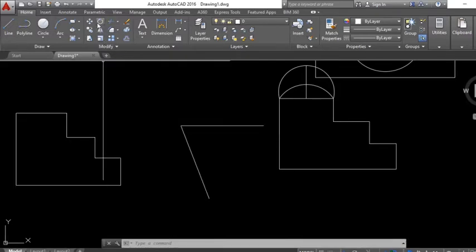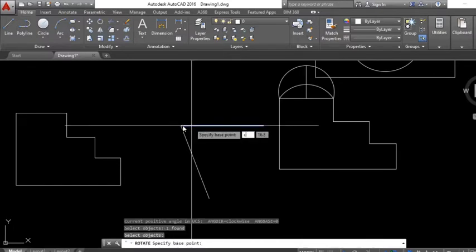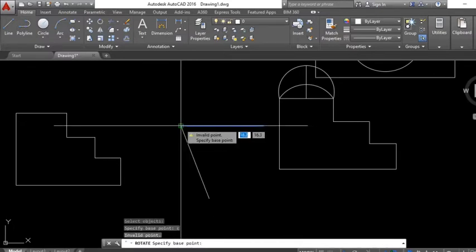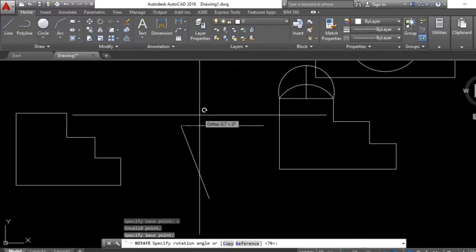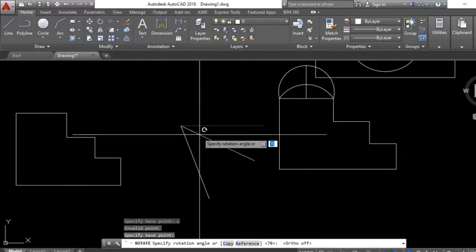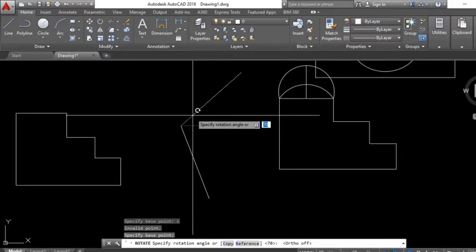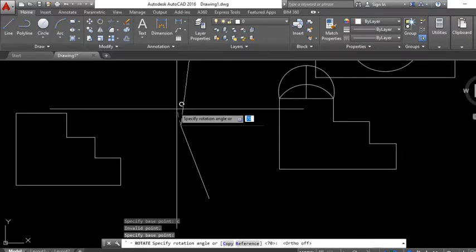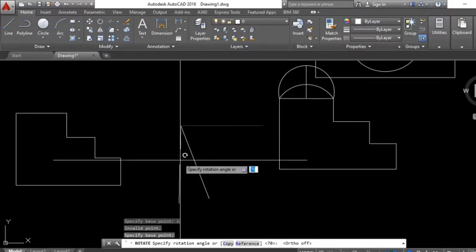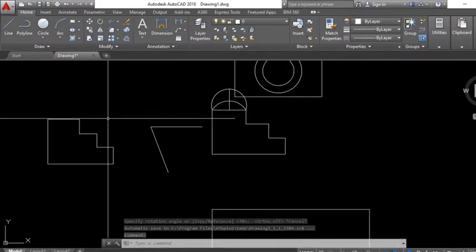Or you can just rotate, enter, C to copy, enter. You can press F8 to switch off the auto mode. Then you can rotate to the angle that you want. The angles are already there, so freely. Alright, escape. Now that you're done with rotate, the next thing is the trim